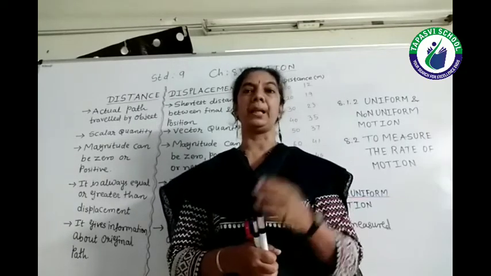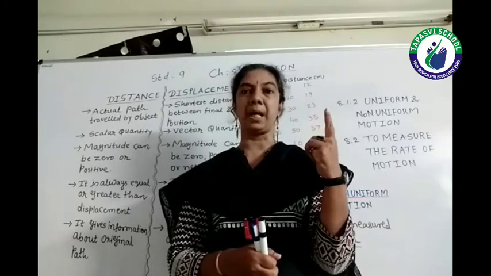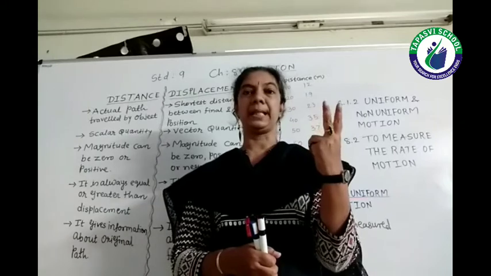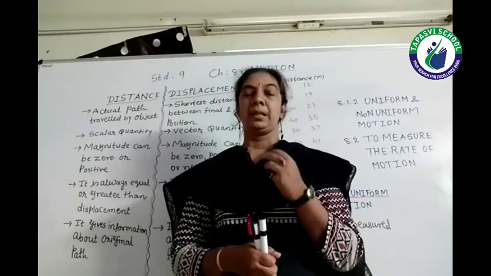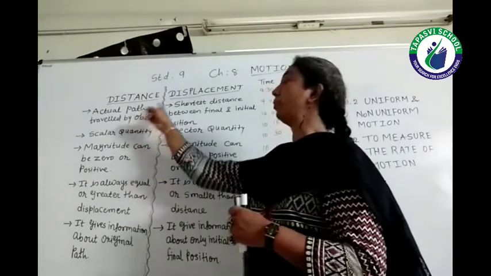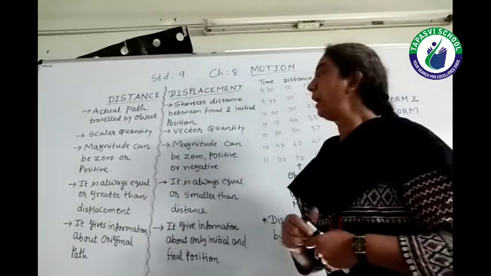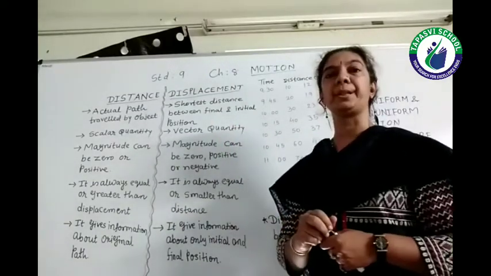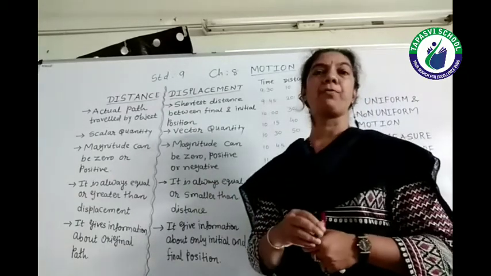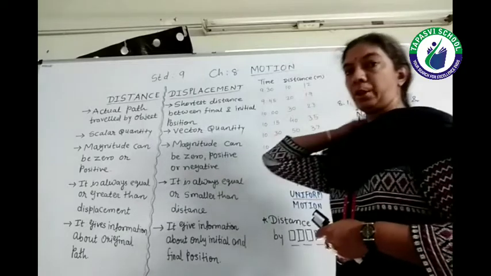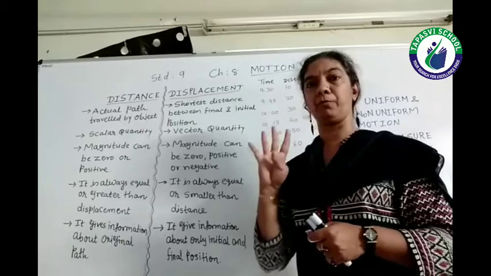Fundamentally, we always have three quantities. First is mass, second is length and third is time. Here we will discuss two quantities, distance and displacement. Let us discuss the differences between them and try to remember at least 4 or 5 differences. The question you can be asked is of 2 marks and you are supposed to write down 4 points